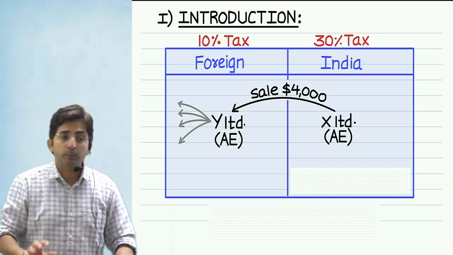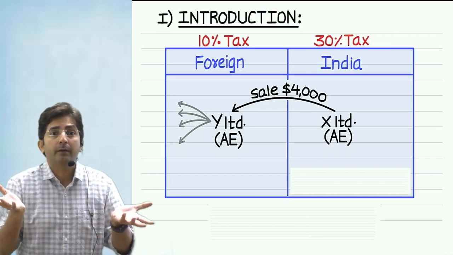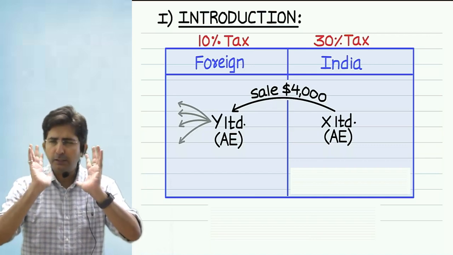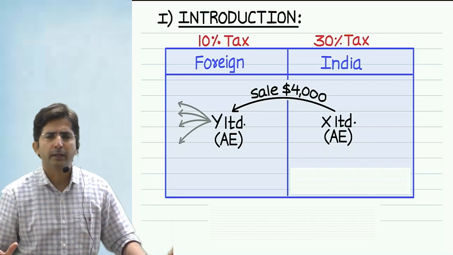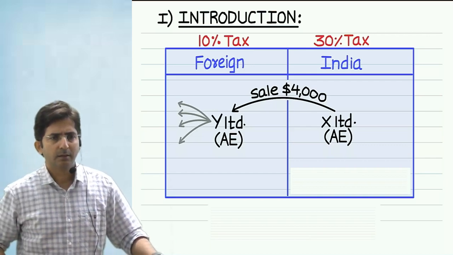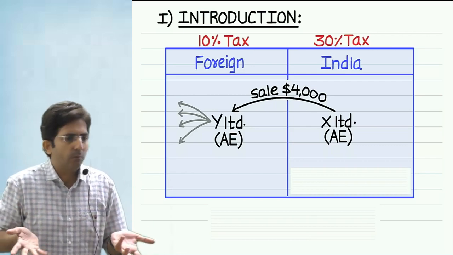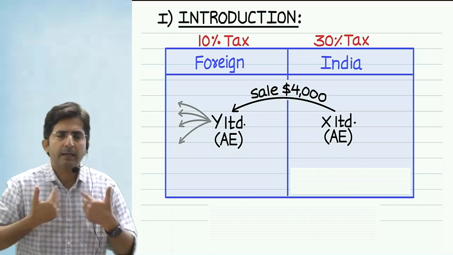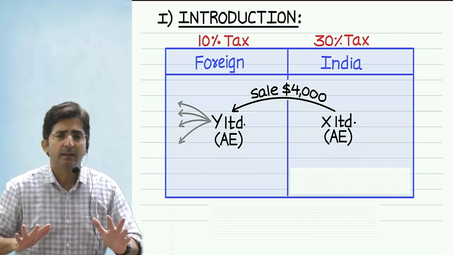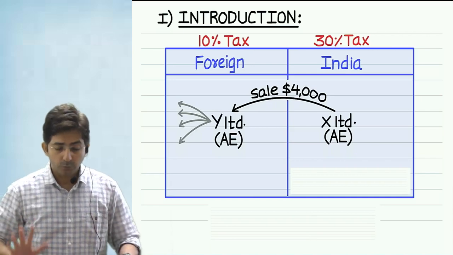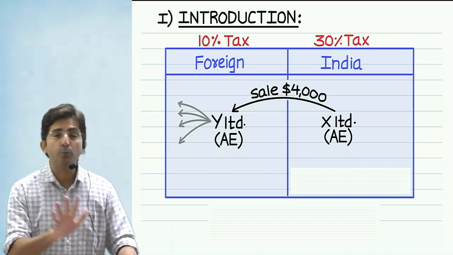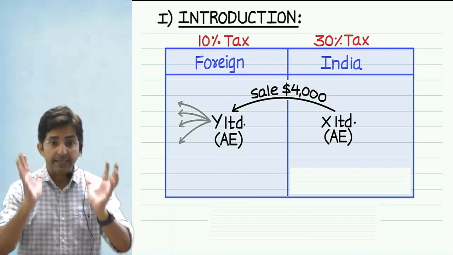First I need to explain what kind of cheating they are doing. Because only when you understand the cheating properly and thoroughly, this chapter will make sense. Without making you understand what this cheating is about and directly learning the provisions mechanically, it will all be bouncer. So first my target in this chapter is to make you understand the cheating done by